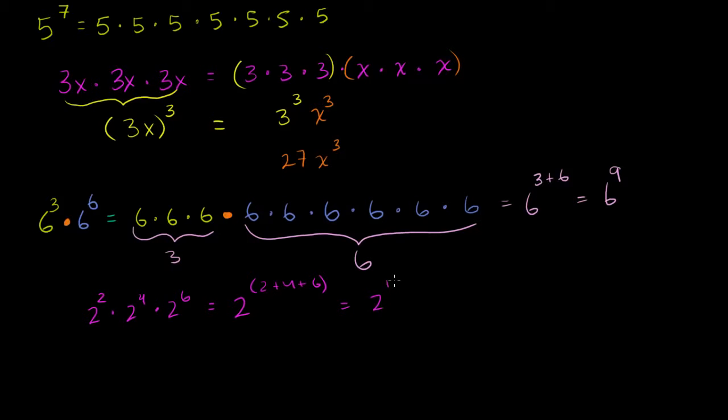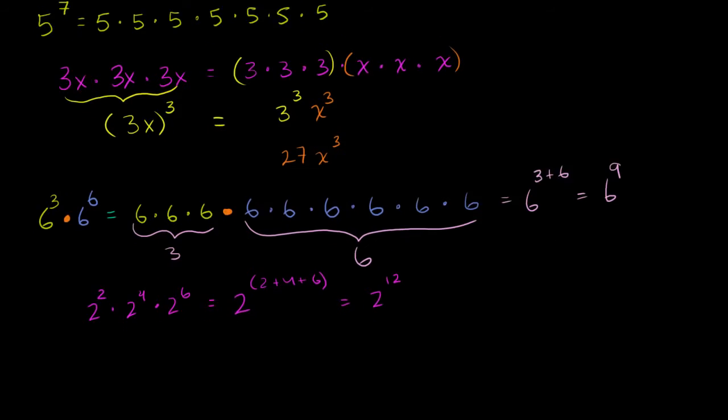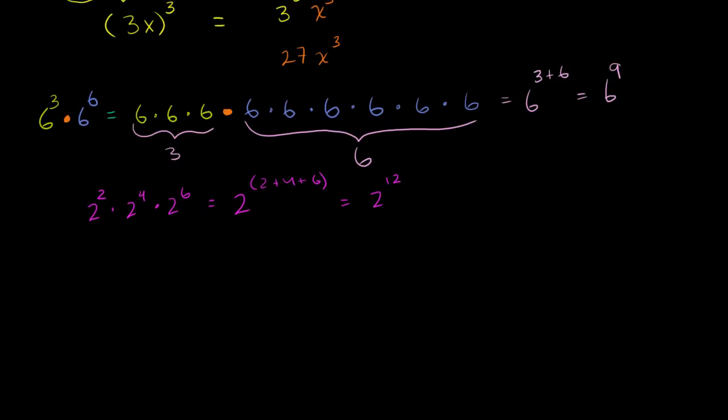to the 12th power. And hopefully that makes sense, because this is going to be 2 times itself 2 times, 2 times itself 4 times, 2 times itself 6 times. So when you multiply them all out, it's going to be 2 times itself 12 times, or 2 to the 12th power. Let's do it in a little bit more abstract way, using some variables,